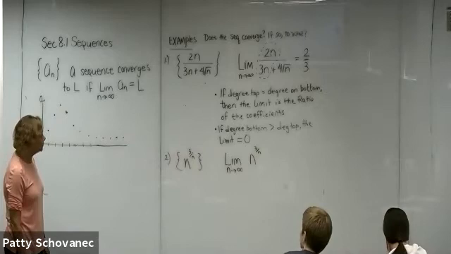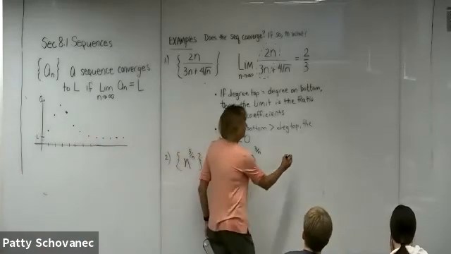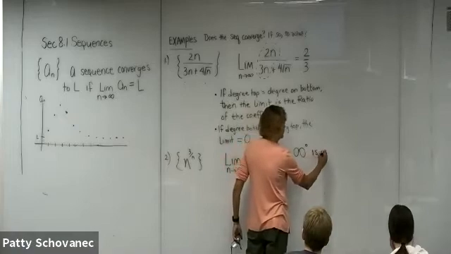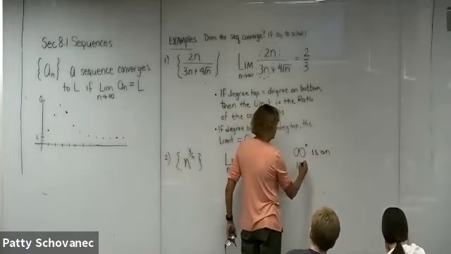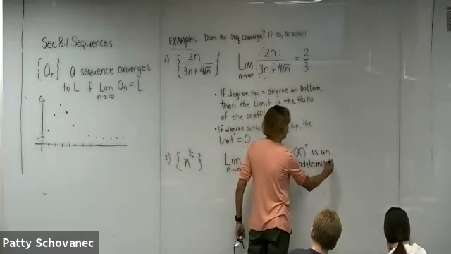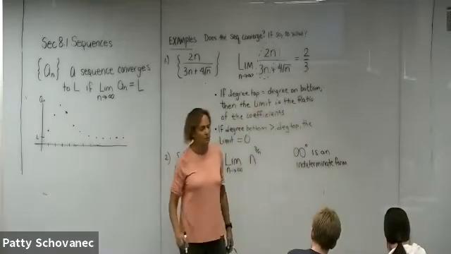If n goes to infinity, the base goes to infinity, but what happens to the exponent? It goes to 0, but that didn't tell us anything. Infinity to the 0 power is an indeterminate form. So all it tells us is,